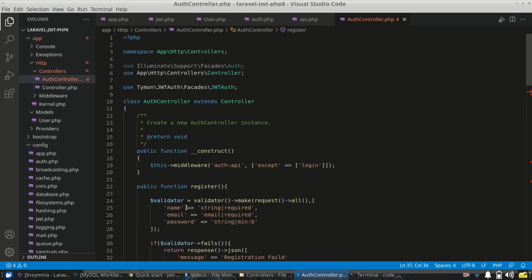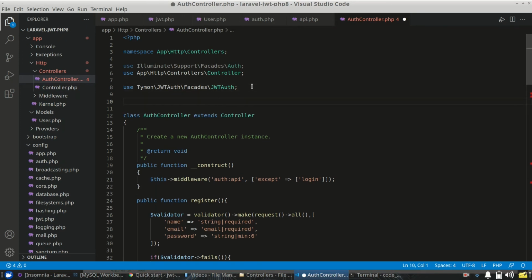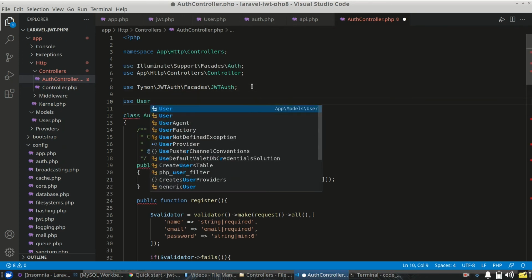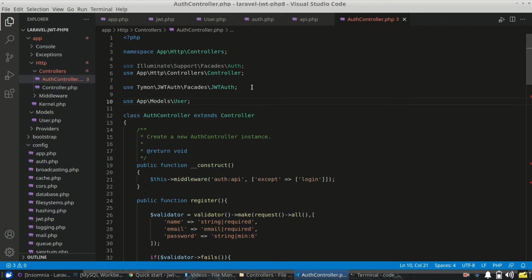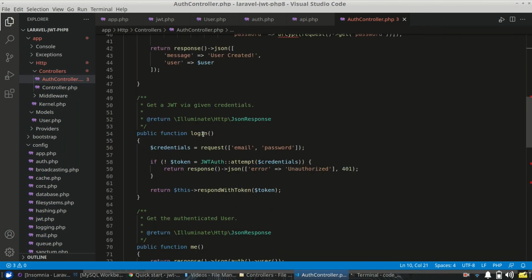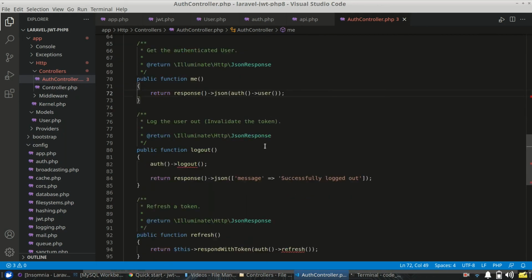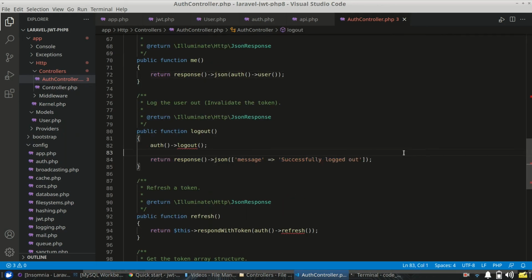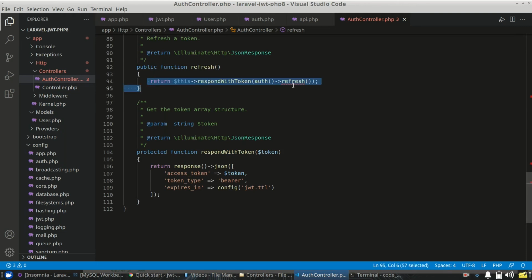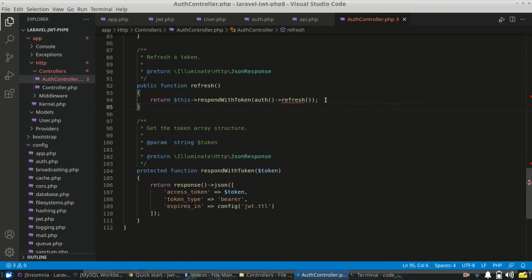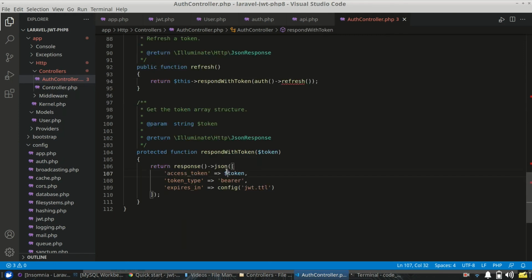Also, we need to declare the user model on top. User like this. Okay, and now registration function is created, login is okay, me just returns the current user, logout just successfully logs out the current user, refresh token will change the current token and generate a new one. Okay, and it is a wrapper function that will return the user with the expiry time, and it tells that token which is a bearer, so you need to send the token as a bearer. Okay,